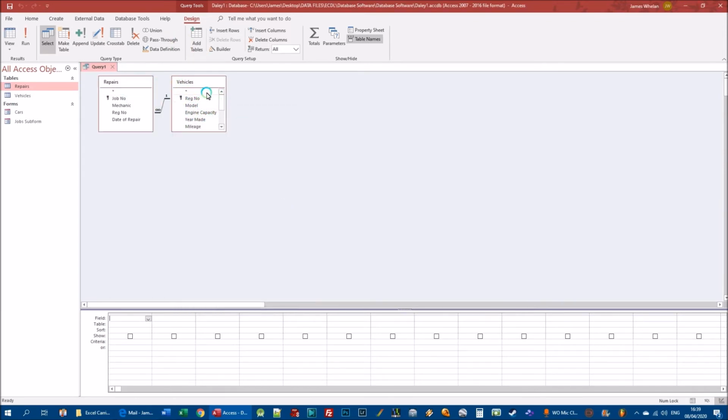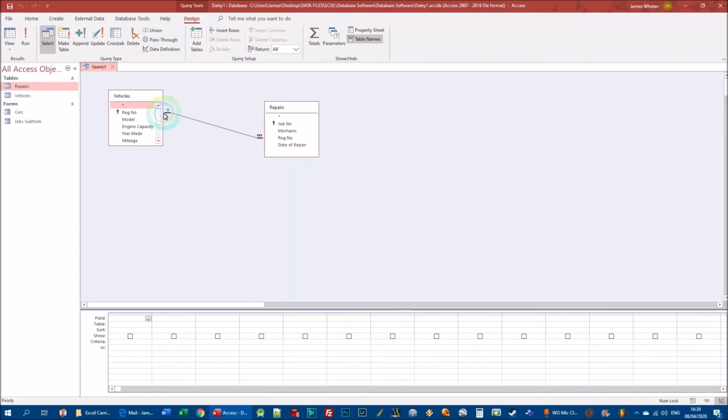Now the OCD in me wants to have the one on this side and the many on this side. It really doesn't matter because it's still a one-to-many relationship. But I'm going to just drag the repairs table by left clicking and dragging it over. So we can still see one-to-many here. It's still a one-to-many relationship. All right, now let's create our query